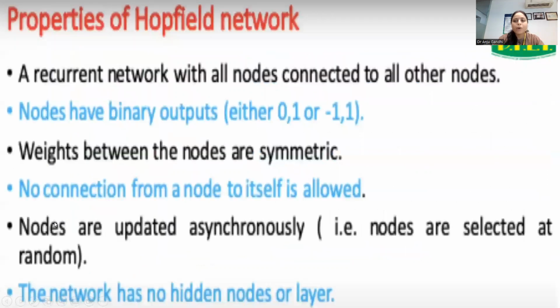Now, what are the properties? Talking about the properties of the Hopfield network, one property which we have already discussed is that it is a recurrent network. The nodes may be of two categories, binary or bipolar. When we are discussing binary, we are talking about 0 and 1. When we are talking about bipolar, we are talking about